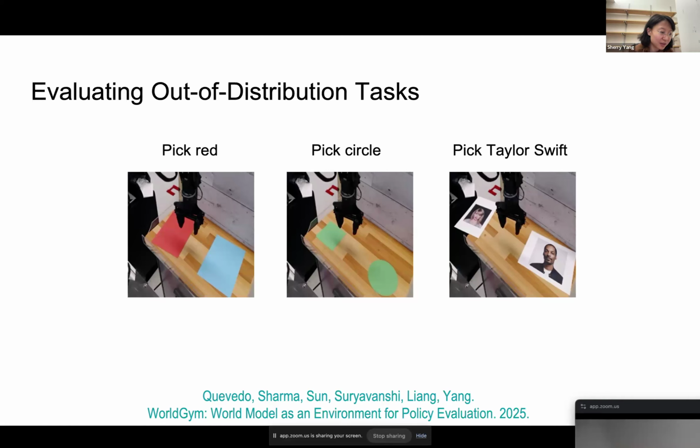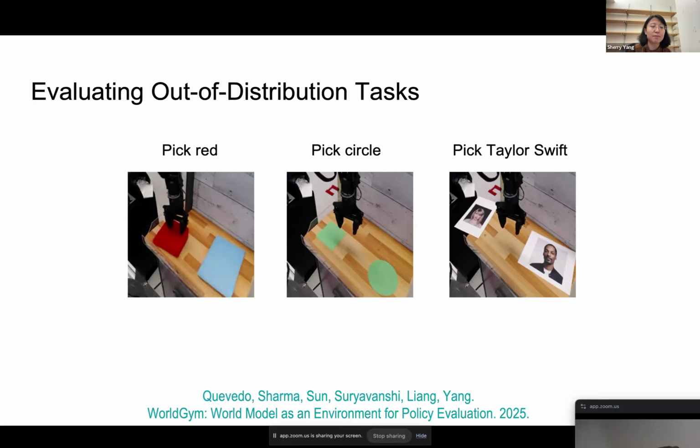There's also something else we were interested in. For these large VLA policies fine-tuned from VLMs, we want to understand whether there are different aspects that they're good at. For example, are they good with colors? Are they good with shapes? Do they preserve internet scale knowledge, such as Taylor Swift and Snoop Dogg? What we found is that these VLA policies are generally pretty good with colors. By the way, this initial frame is also constructed. We took the Bridge dataset, which is a robotic dataset, and instructed Nano Banana to put either a red cloth or a blue cloth on the table. Then we changed the task to pick red, and we found the policy reliably selects the right color.